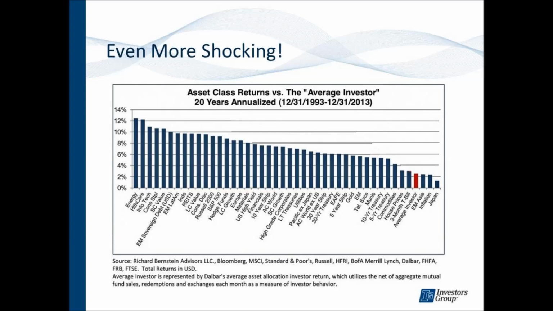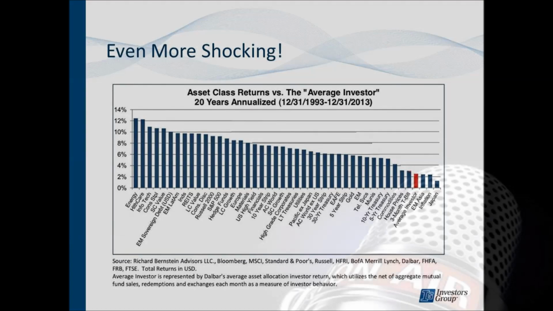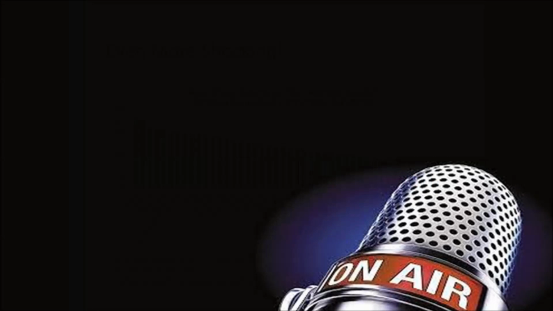You're going to notice that really on the right-hand side, fourth from the last, there's a one in red. And this is part of the point of this graph, that the average investor between the years of 1993 and 2013 realized a return of just over 2%. And this is where the dangerous part for the do-it-yourself investors comes through.